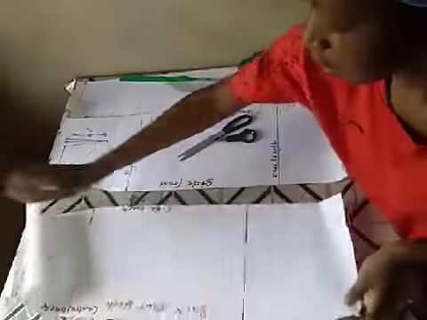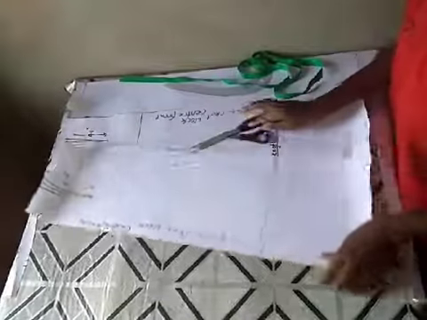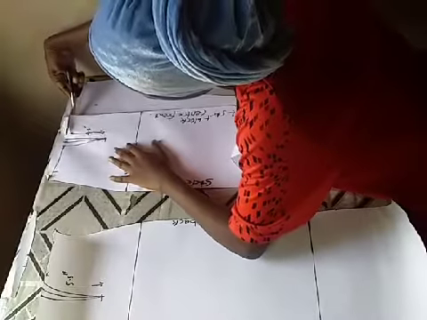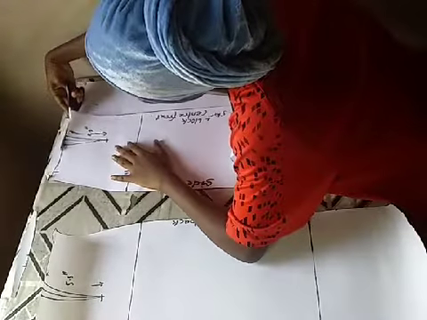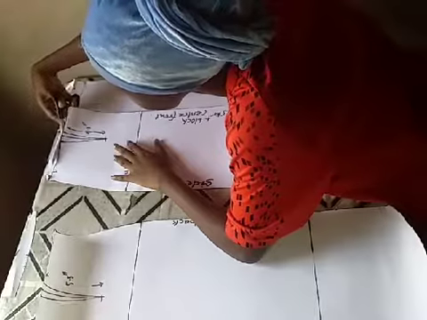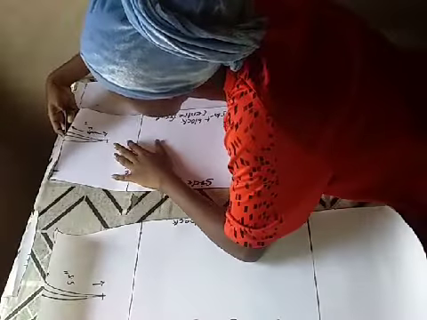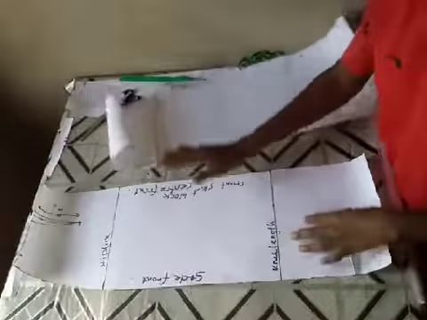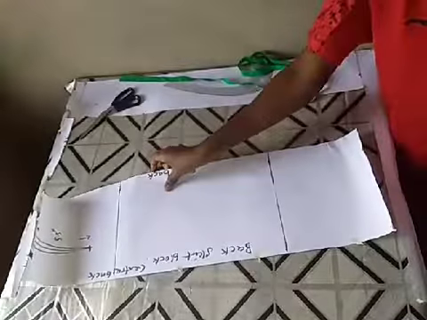So here is our back skirt block, and here is our front. So now we have this there. So this is our front skirt block, then this is our back skirt block. You understand? So by the time you are cutting, let's say you want to cut on a fabric now,